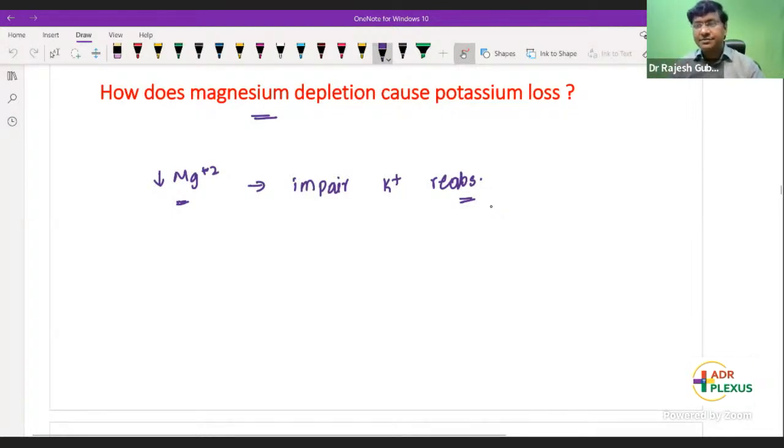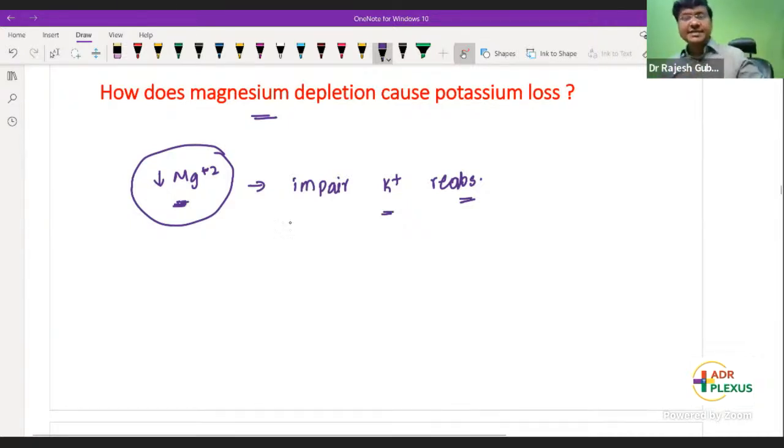We were not knowing what exactly was the cause. We checked the urinary potassium levels. We did multiple investigations, but what we had missed was magnesium, because usually we don't test magnesium in the first line workup. Upon the extended workup of the etiology of hypokalemia, we tested magnesium. There was severe hypomagnesemia. Magnesium was less than 1 milliequivalent per liter. Then we thought that it was hypomagnesemia which was causing hypokalemia. So we gave magnesium sulfate, followed by potassium.